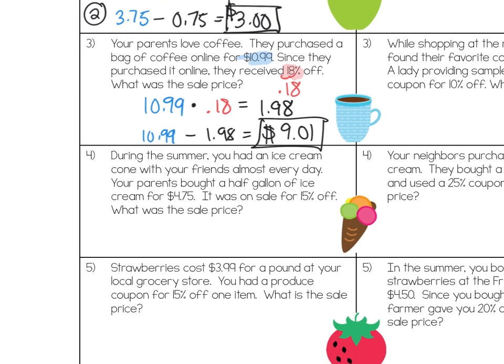In number 4, it says, during the summer, you had an ice cream cone with your friends almost every day. Your parents bought a half a gallon of ice cream for $4.75. There's your original price, $4.75. It was on sale for 15% off. There's the percent. Written as a decimal, 15% is 0.15. What was the sale price? So here we're going to take our 4.75 original price and we're going to multiply it by 0.15. So if we do that on the calculator, we've got 4.75 times 0.15 is equal to